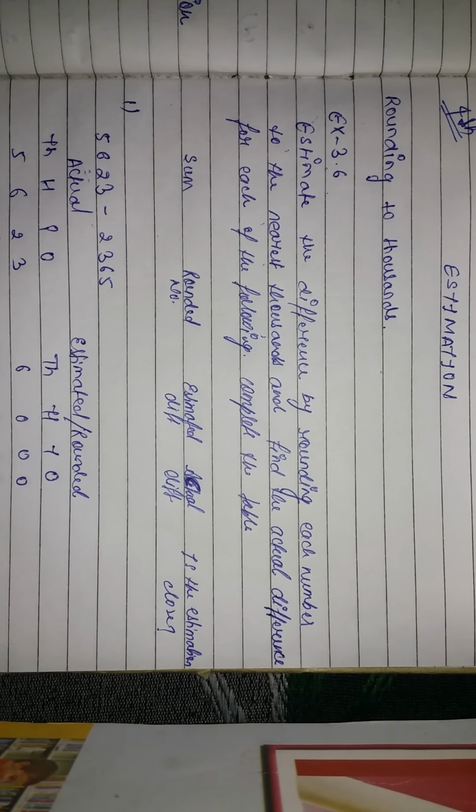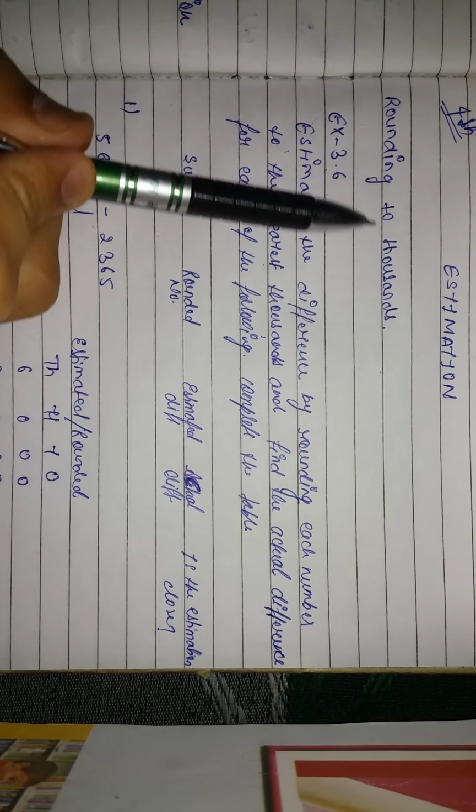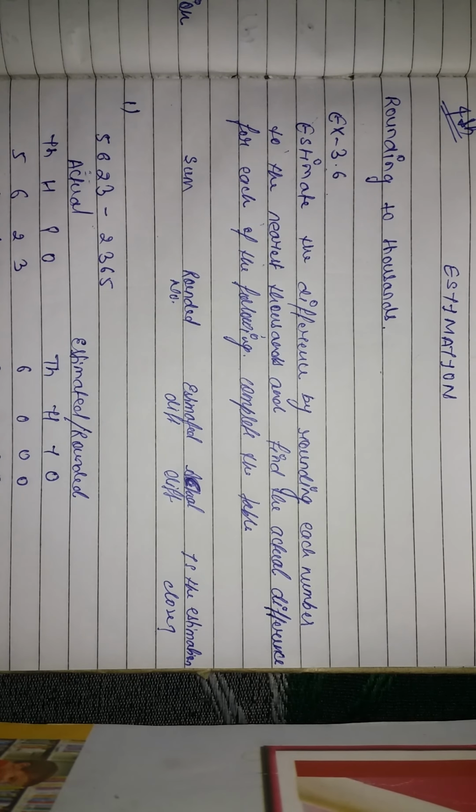Well, good morning everyone. Today we are going to start with exercise 3.6 in which we will be learning how to do the estimation. Estimation is just like you have to give the approximate value instead of giving the actual value. In Hindi we used to say lagbhag, so that lagbhag is your estimation in maths. Today we'll be learning how to round a number to thousands. However, a number can be rounded to your tens, hundred, thousand, 10,000, lakhs even. It depends on the condition given to you, right?